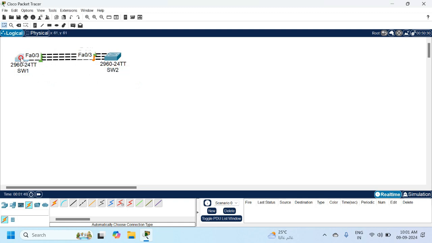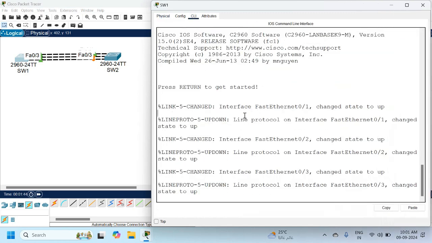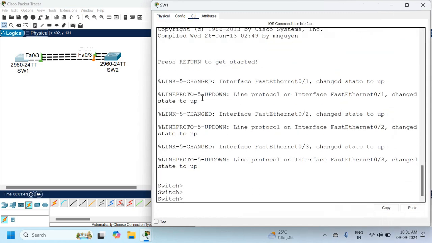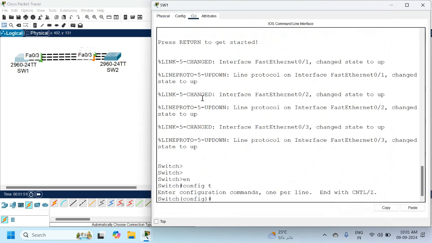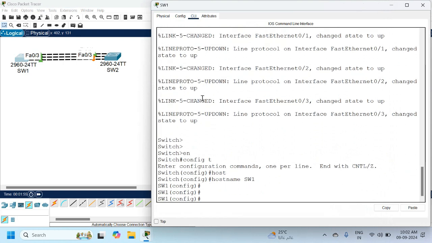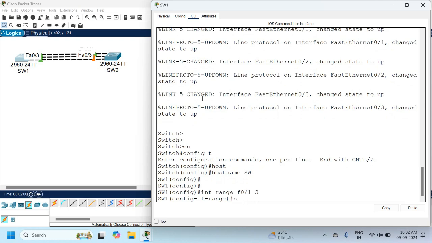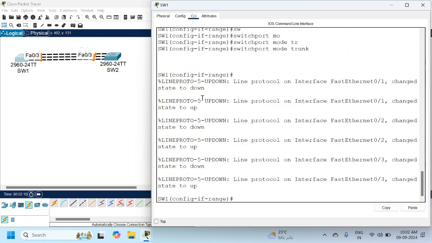Now we need to do the configuration. So take this switch, take the CLI of this switch and move like this. And see here, you can go to the privilege mode. After that go to the global configuration mode, change the name here. I will write hostname SW1. Then I need to select multiple interfaces, so I will take the range command F0/1-3. I selected the multiple interfaces,